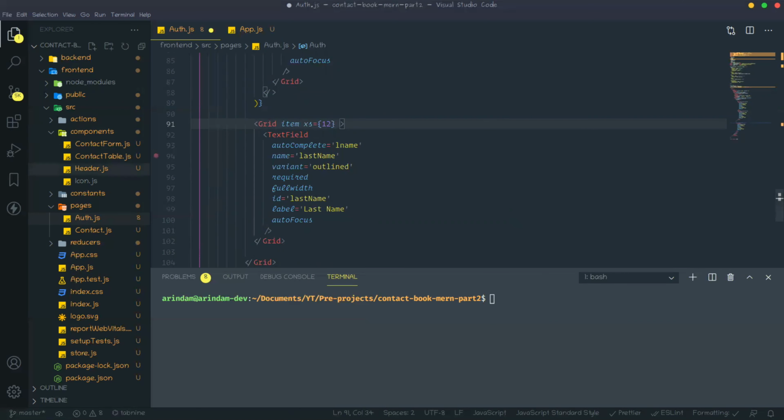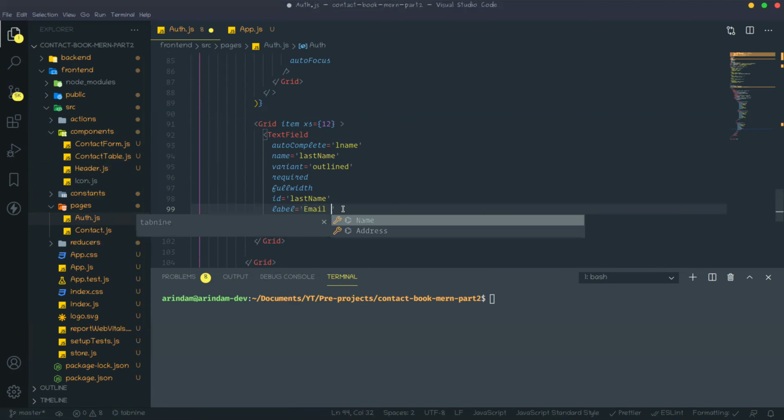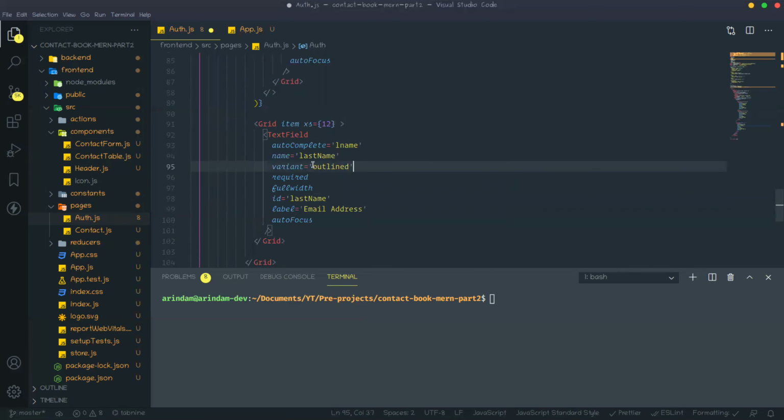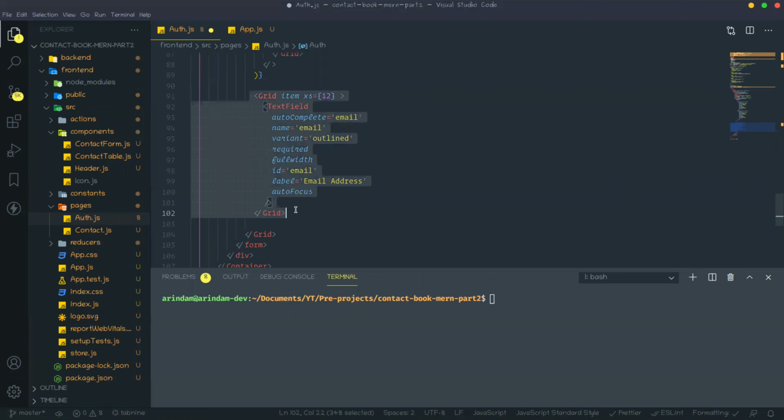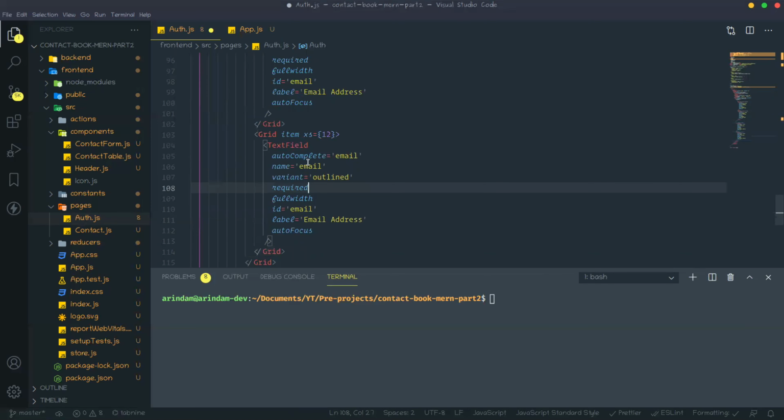So this thing is for email address. Okay, so label should be email address. Okay, and the name is also email. Autocomplete is email. ID should be also email. So this is for email address, and another is for password.